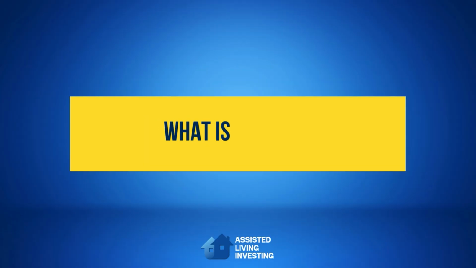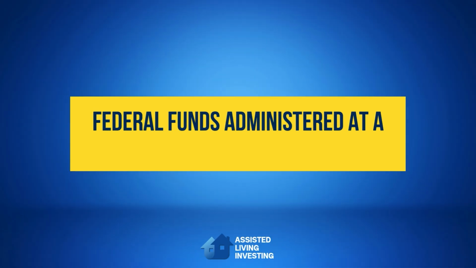So let's start off here by talking about what Medicaid actually is. Medicaid is a federally funded program, but it's administered at a state level, meaning the federal government says, okay, here's $1 trillion that's going out to Medicaid, and then they divide that out by the different states based off of population and different reasons and need. There's applications involved, but basically it's federal funds, and then it's administered at a state level.